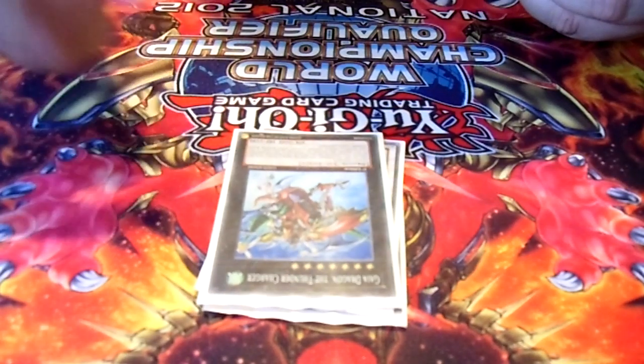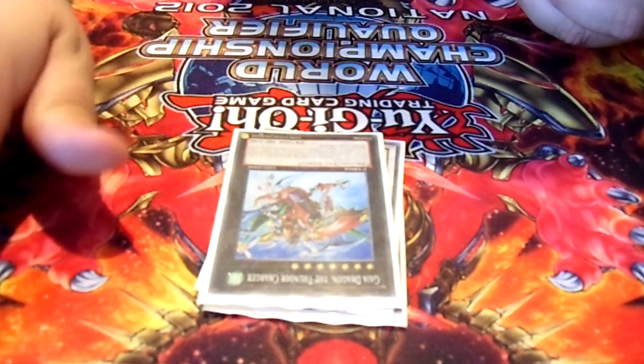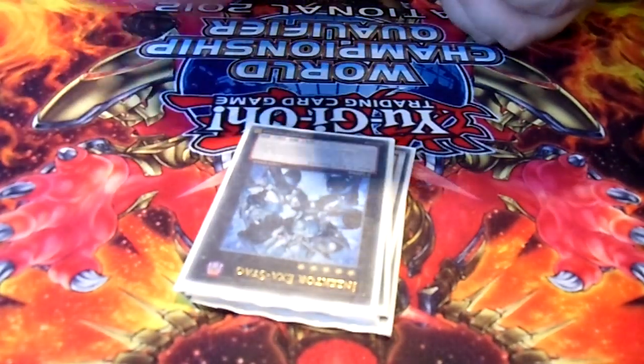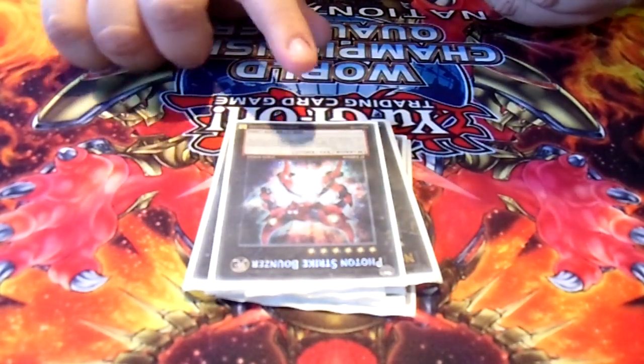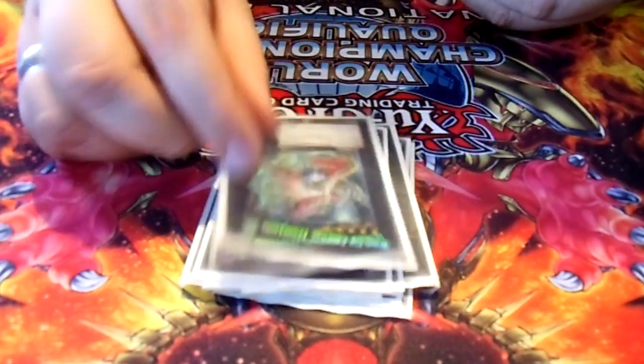Guy the Dragon, he was really fantastic. Him and Exostag, just stealing a monster and then going straight into him. So good. Exostag, 1 Utopia, 1 Photon Strike Bouncer. I did summon him a couple of times, and yeah, he's a really good card, so he is worth the spot. Maestroke, Zenmayo,